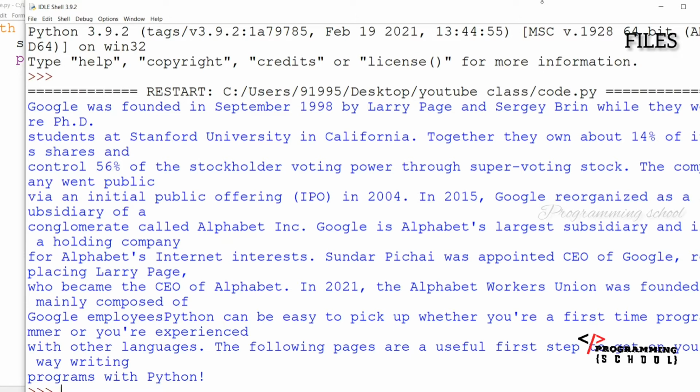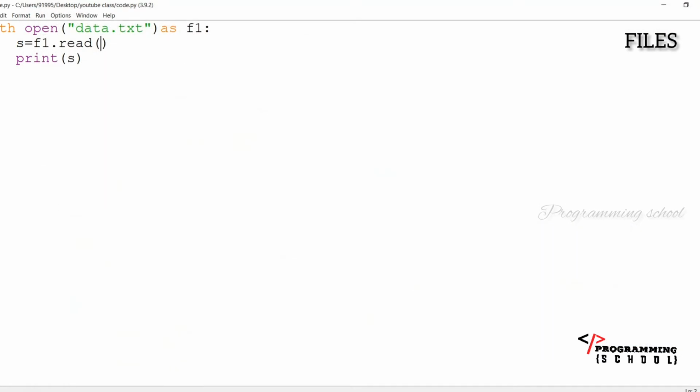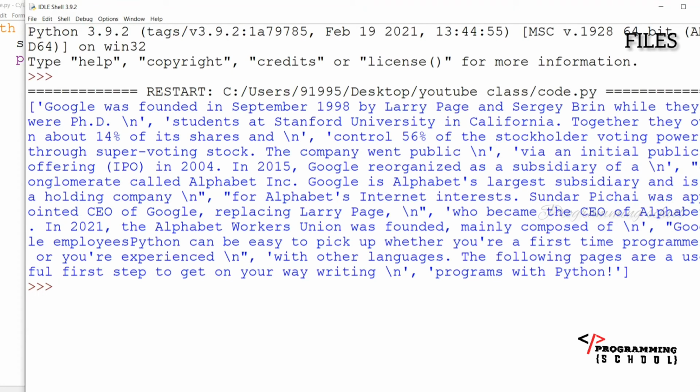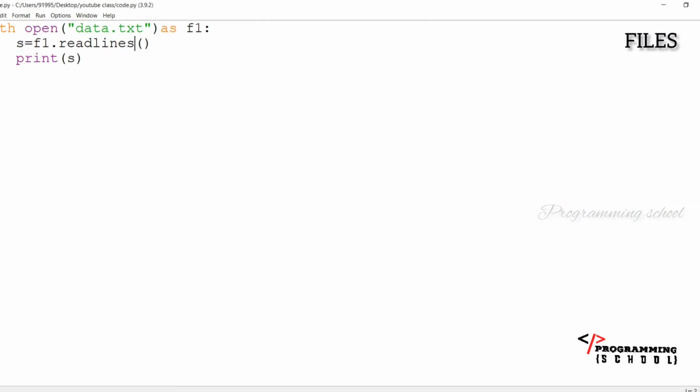That's it. Okay. There is another function also. For example, I'm going to write readlines(). If I execute it, just observe here: the type of s is now going to be a list. For example, I'm going to print, instead of s, print i for i in s.